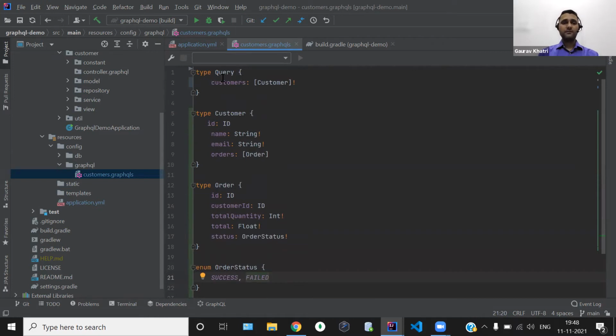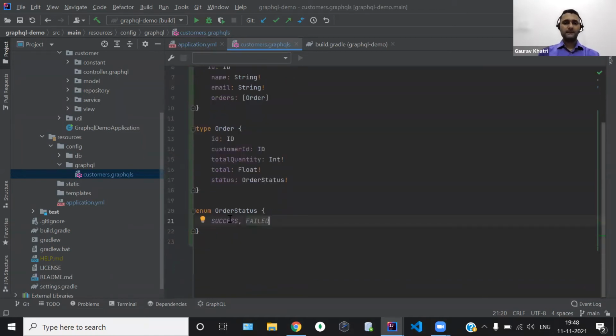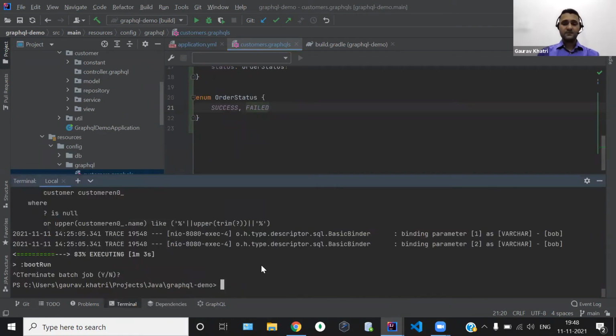Over here we have written one resolver query called customers, and we are returning the collection of Customer, and then we have defined the Customer data type, and after that we have defined the Order and the OrderStatus. So let's start the server, and I will show you how we can consume this particular